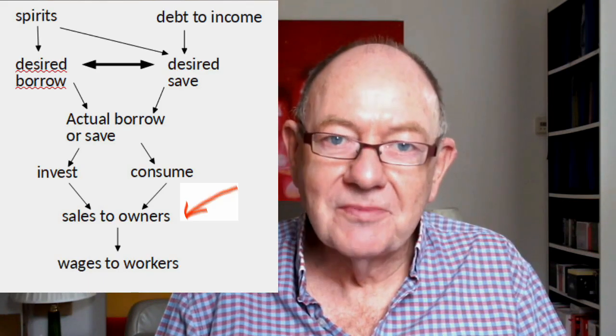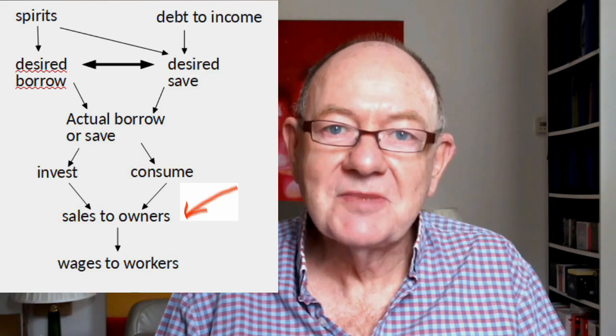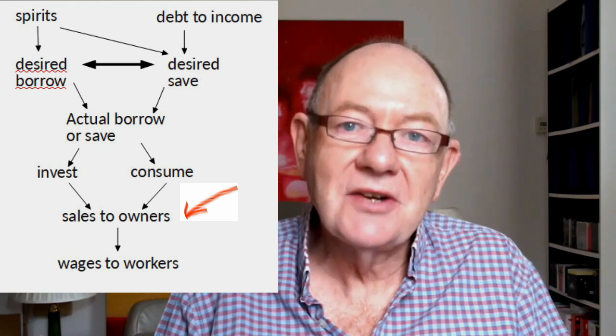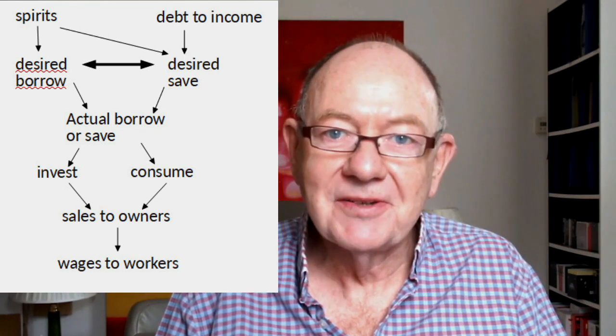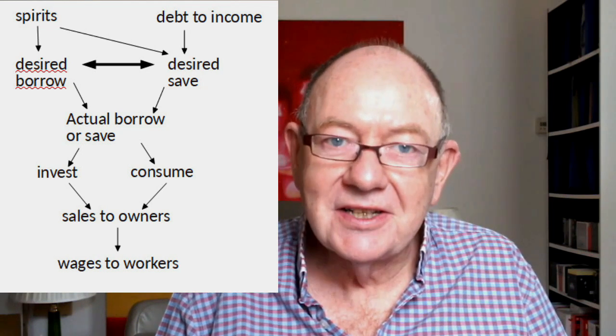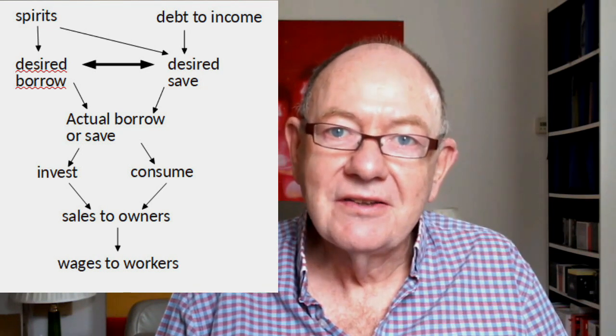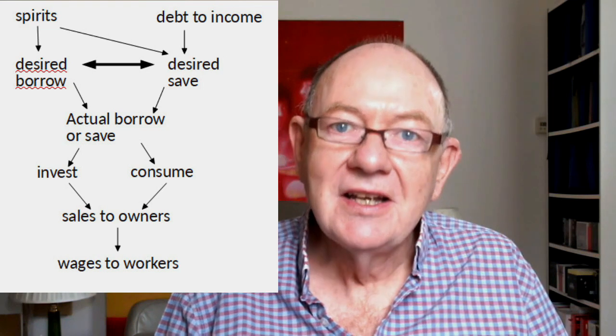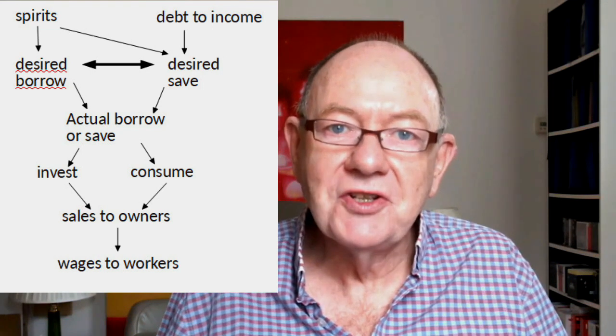Revenue for firms is the total amount of expenditure from both owners and workers in the previous period. Now, that revenue is then divided between the owners, who keep some of it, and the workers who get their wages out of that revenue. How much do the workers get from the total revenue? Well, that's a very complicated socio-economic question.